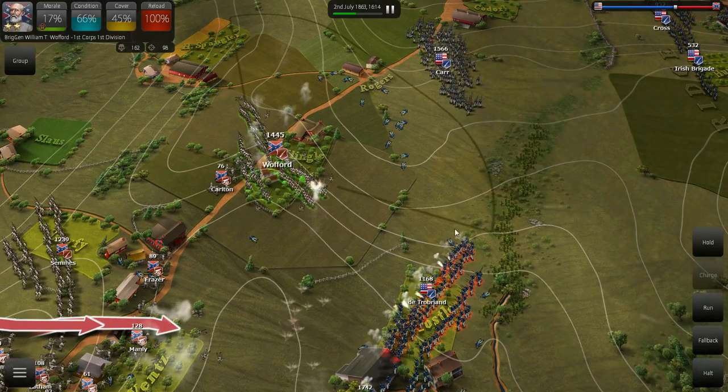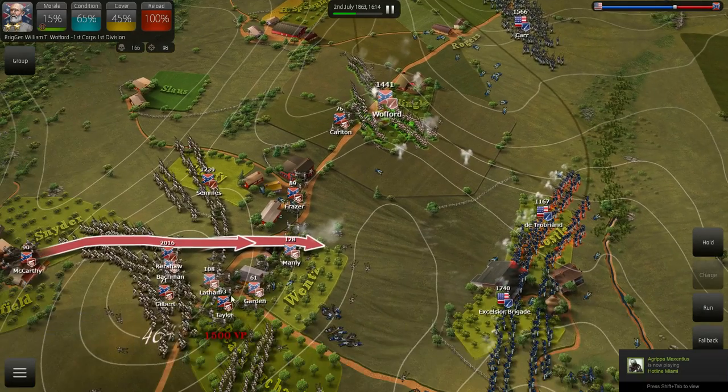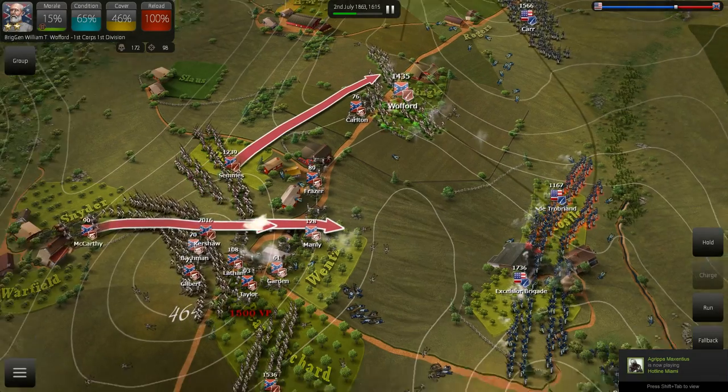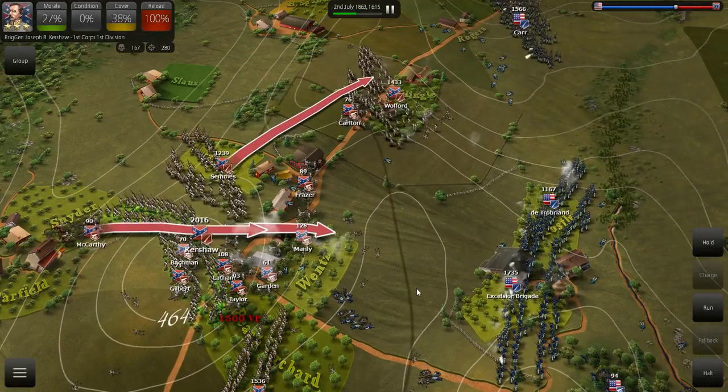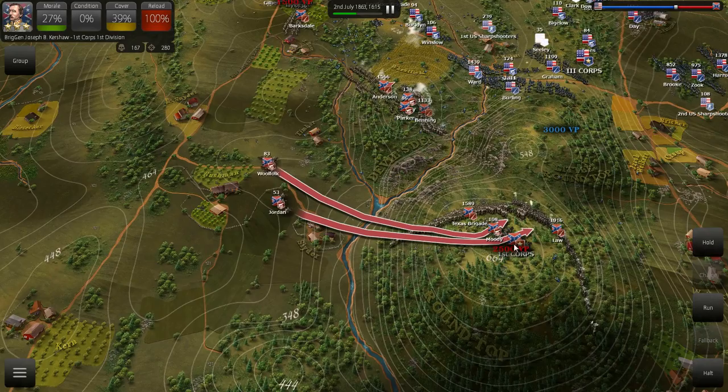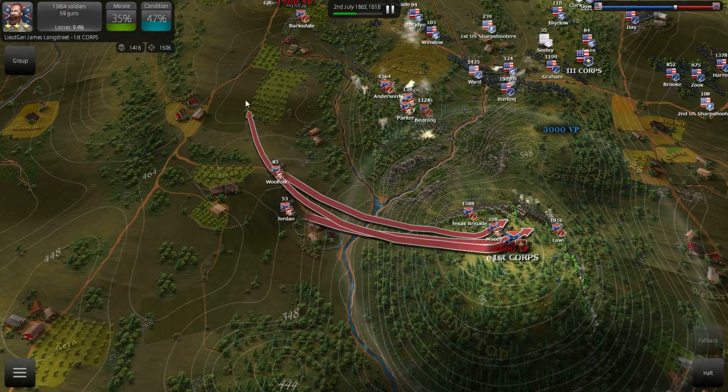Now, Wilford, you can stop holding. Start rotating. Sims, you need to head over here. Wilford, fall back. You're kind of in a hell zone. Kershaw, you halt too. These men are going to need more...